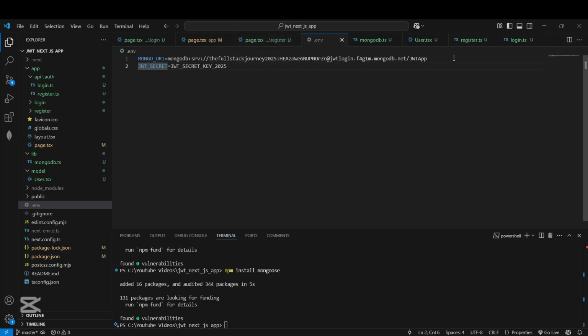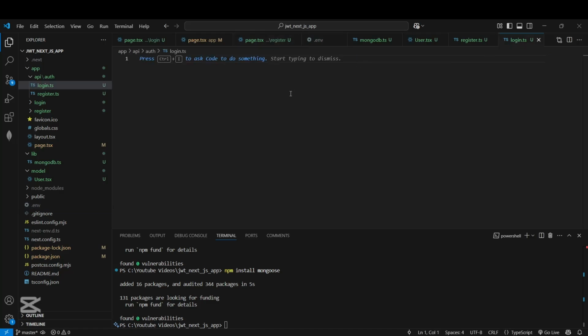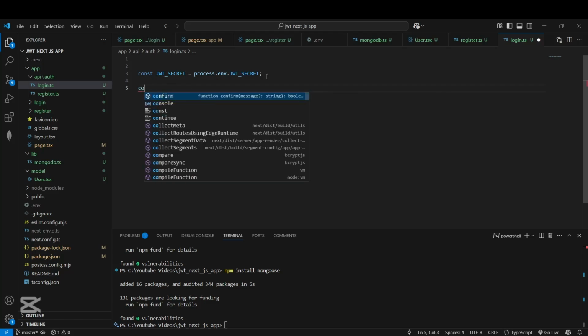Okay, let's go back to login page. Let's get this JWT secret from process env, or no, we will not leave it empty. Okay, now we need to